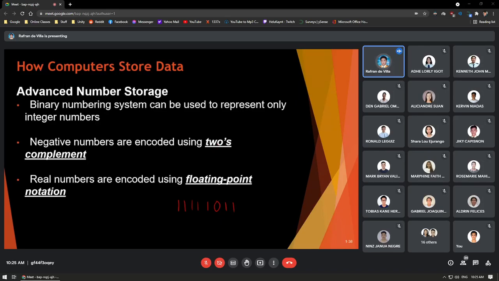Complement, okay, we are able to identify if the number is negative or positive by checking the most significant bit. If the most significant bit is 1, it means that this is a negative number. But the question is, if it is negative, how will we know its actual weight? Using the two's complement, okay,